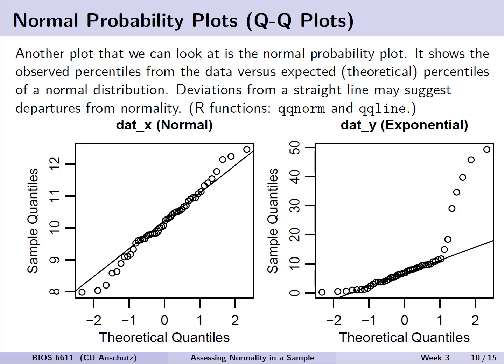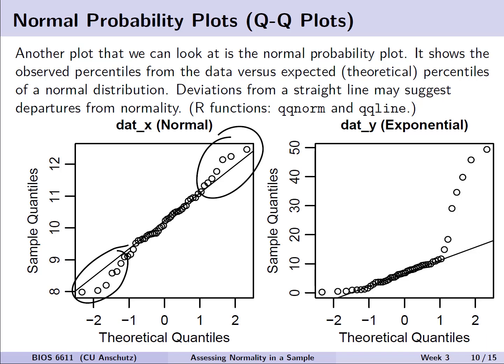Now, what we can also add is, with the QQ line function in R, a straight line, which would then perfectly match the points if we had perfect normality achieved, where deviations from the straight line may suggest there's a departure from normality. So what we can see by looking at the normal distribution's QQ plot at the left is that for the most part it fairly closely follows the line. We do see at either end there's some deviation from the distribution, but as a whole I would say I'm not super concerned with this data,